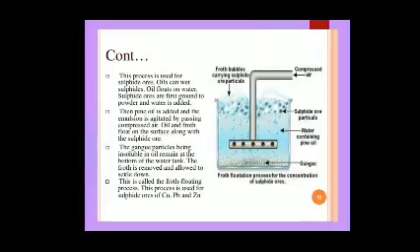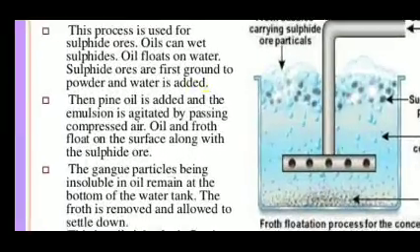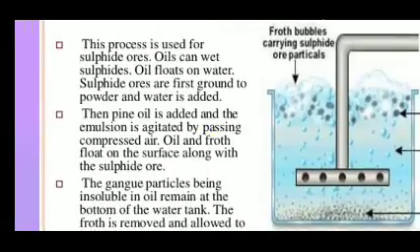This process is used for sulfide ore. Oil can wet sulfides, and oil floats on water. Sulfide ores are first ground to powder and water is added. That is the first step. This process is used for sulfide ores like zinc sulfide, ZnS, lead sulfide, PbS,